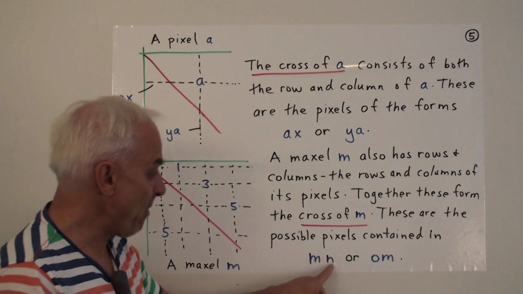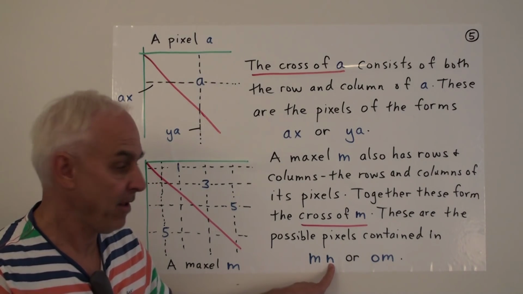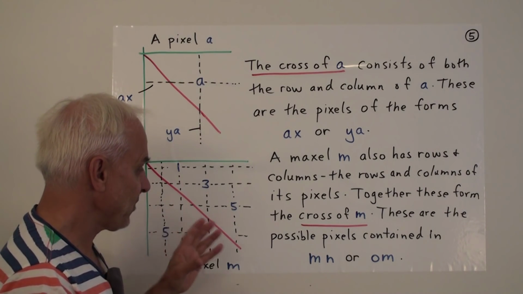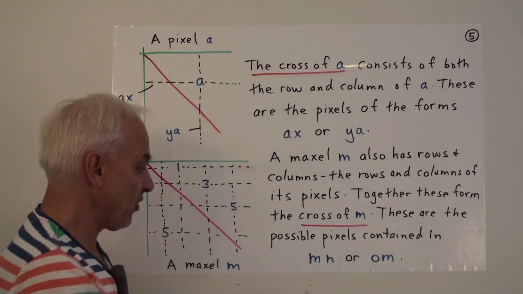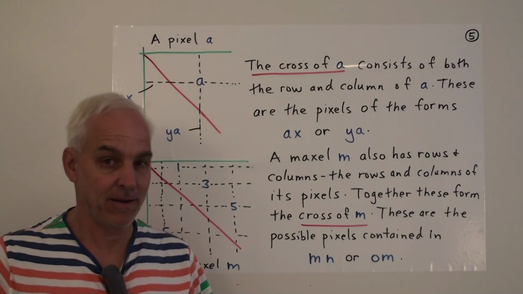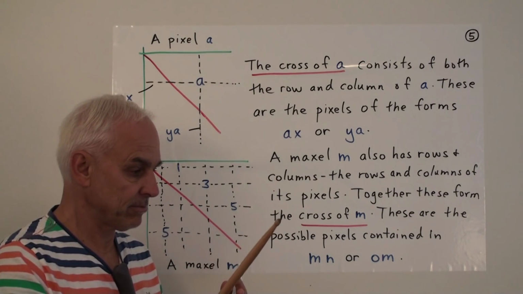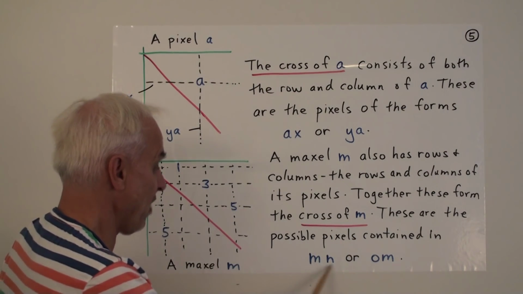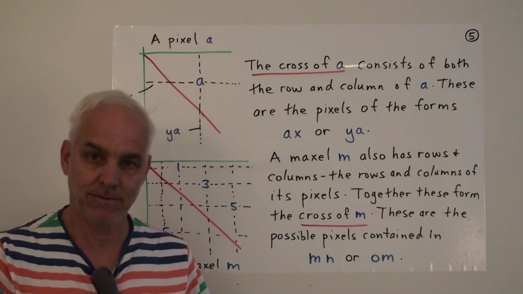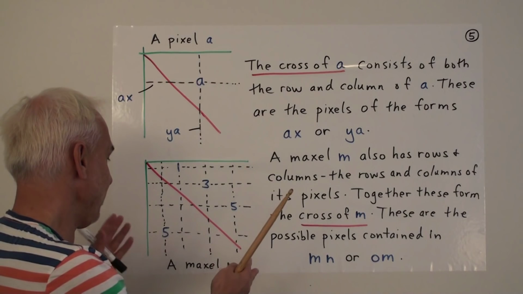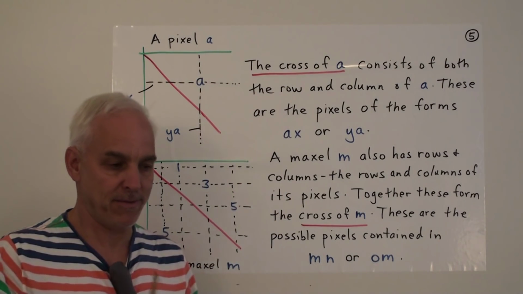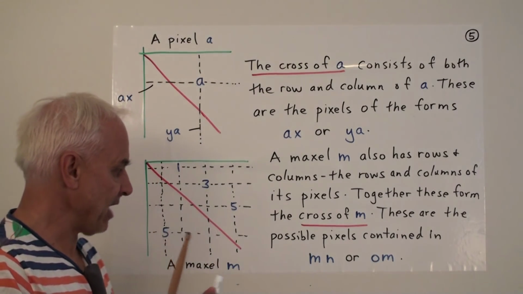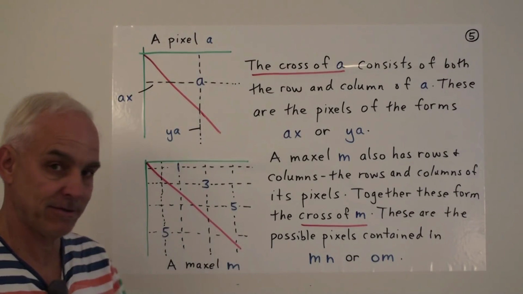Of course, if we know about the cross of N, then the thing is symmetrical, so the products of the pixels here have to be in the cross of M, and they also have to be in the cross of N. So that gives a rather stringent constraint on the pixels that can arise when we multiply two maxils. And so I think you can see the usefulness of this geometrical point of view, that we can sometimes almost visualize what's happening with this kind of multiplication of pixels or maxils.